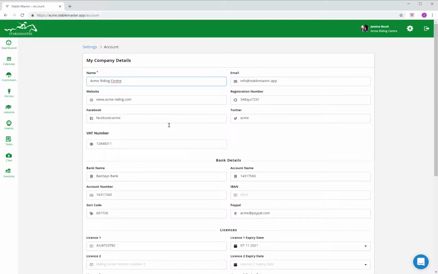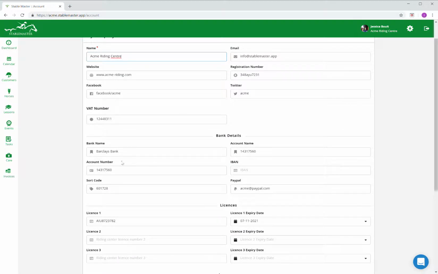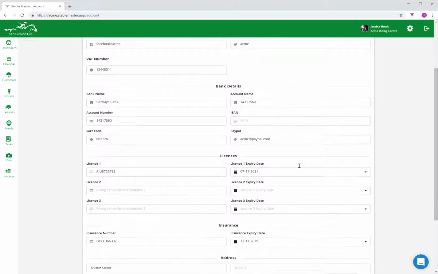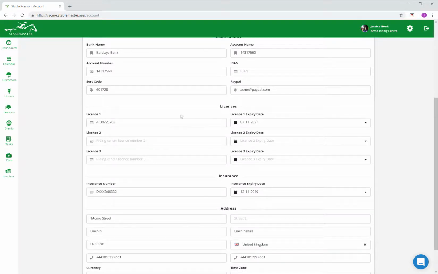Facebook details, Twitter details, your VAT number. So this VAT number obviously ends up on your invoicing and billing. Bank details, obviously bank name, account number, any IBAN number for international payments, sort code, etc. PayPal details also,